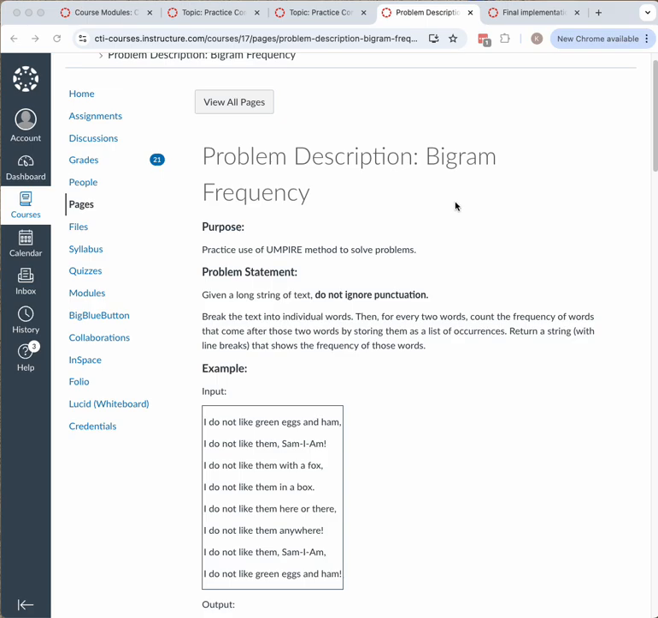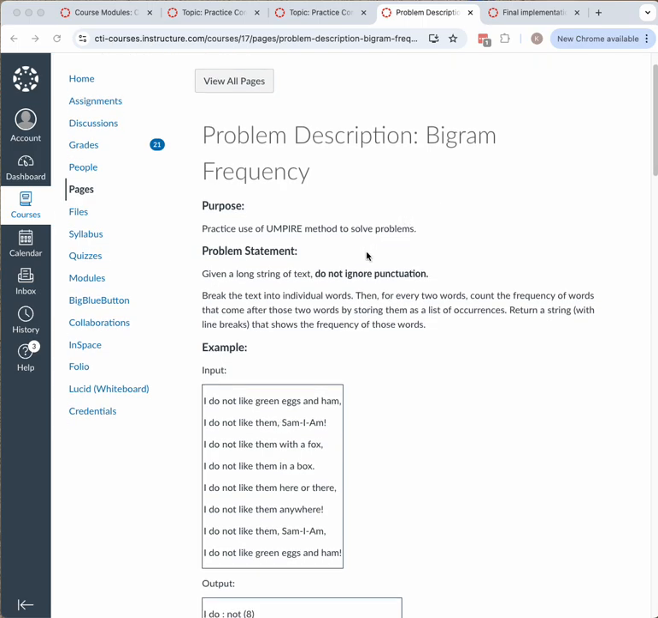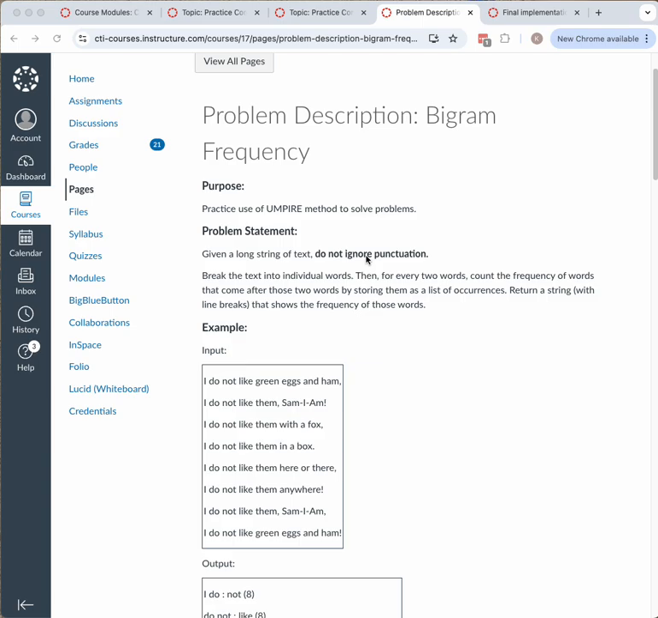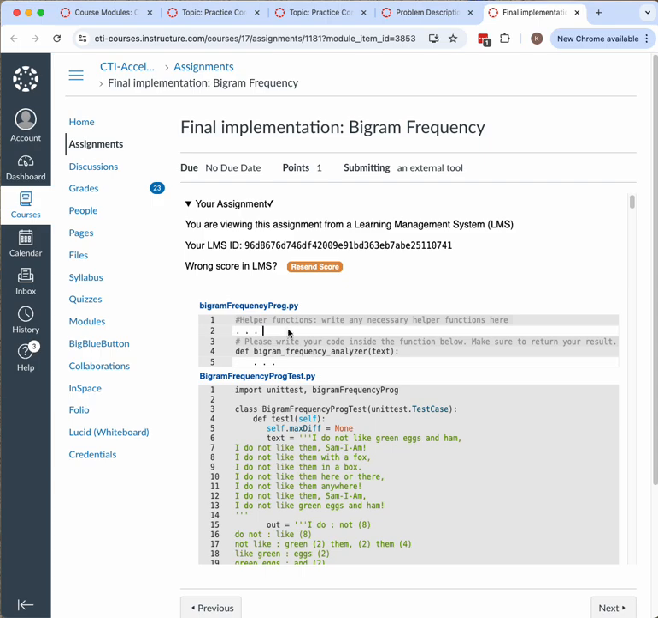Hi, I'll be going over the UMPIRE process for bigram frequency. So, given a long string of text, we don't want to ignore punctuation. We want to break the text into individual words. Then for every two words, count the frequency of words that come after those two words by storing them as a list of occurrences. Then we want to return a string with line breaks that shows the frequency of those words. Okay,